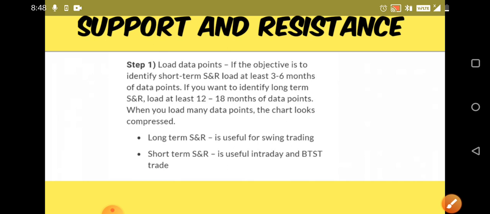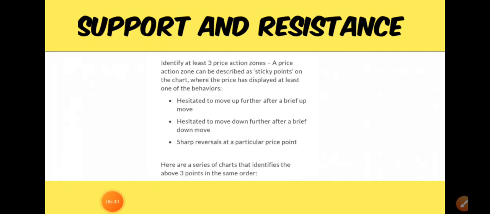Okay, so remember these points. If you want to do any swing trade, then you need to select a little shorter period of time. And similarly, if you are a long-term investor, you need to set a chart in such a way that you have enough data to do the backtesting. So that was the first step. You need to decide what you're going to do in the market. If you're coming for long-term investing, then you need to set the time frame accordingly. Similarly, for short-term trading, I told you how much data you need to keep on the chart. Lesser data is required for swing trade, and pretty good large data for long-term trading. So that is the first step. Hope you have understood that.